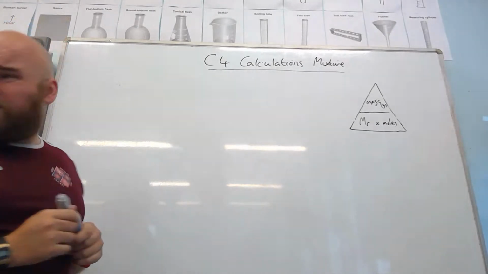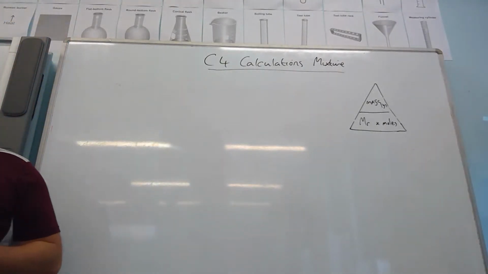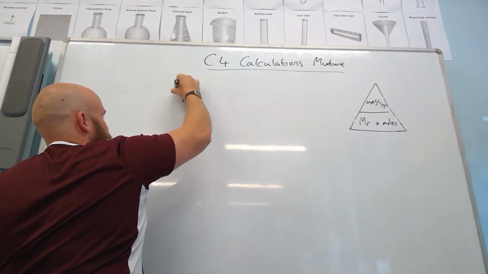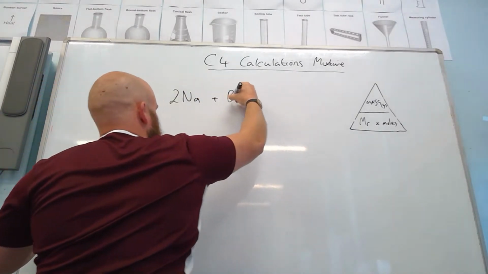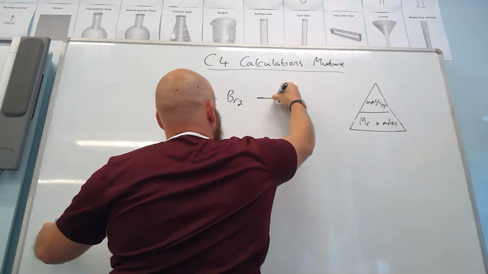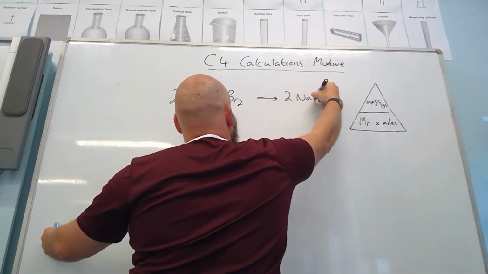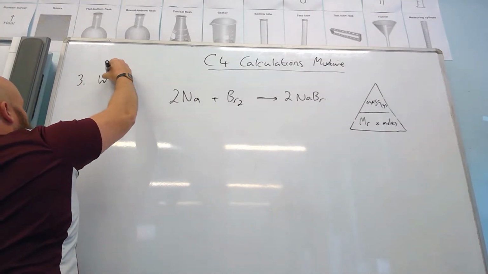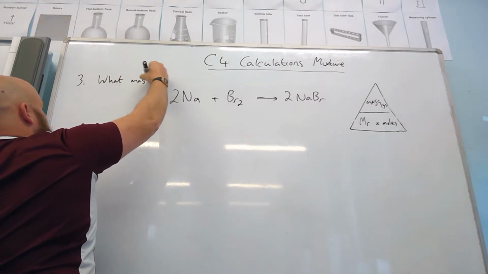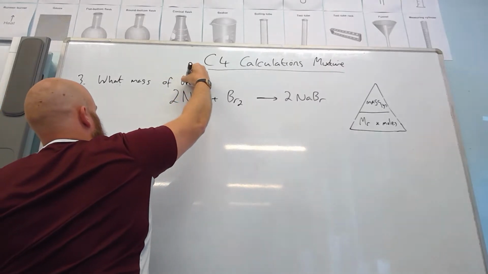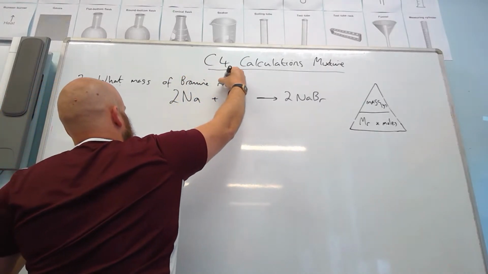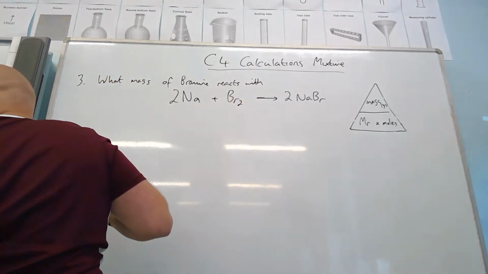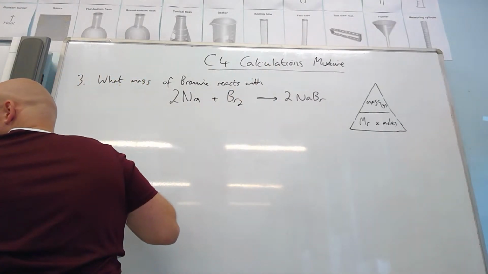So it says, what mass of bromine reacts with 2.3 grams of sodium? So the equation is